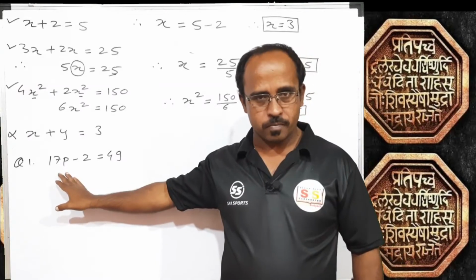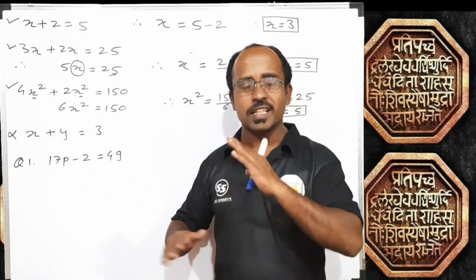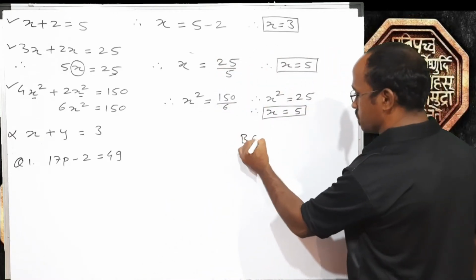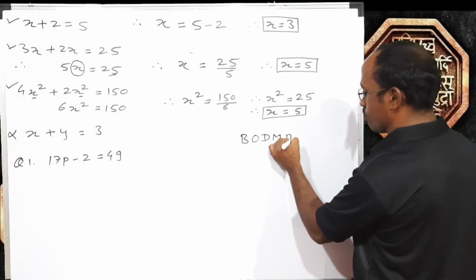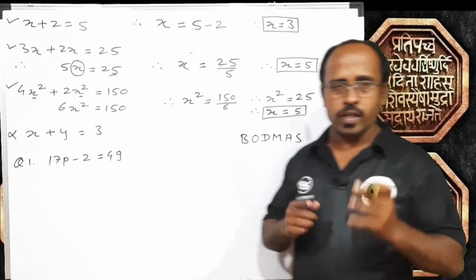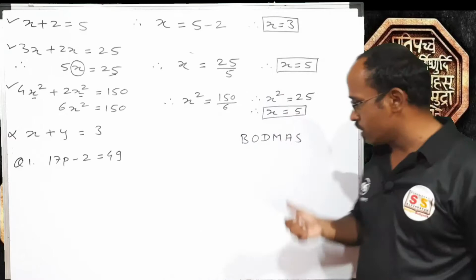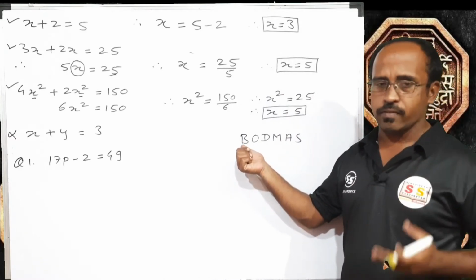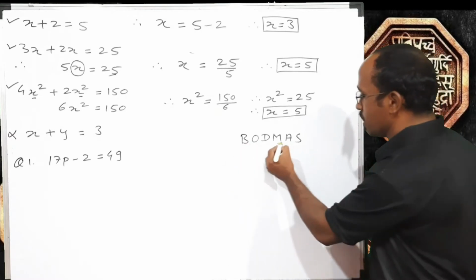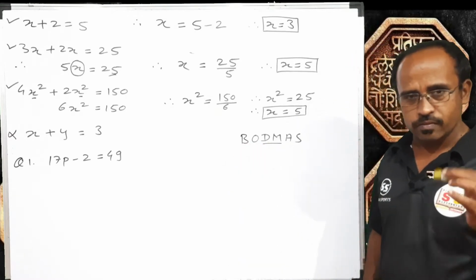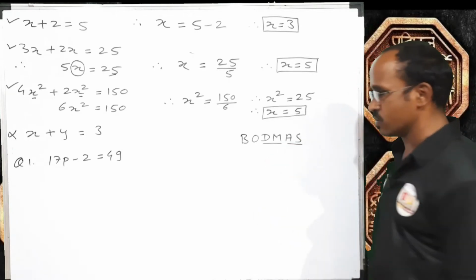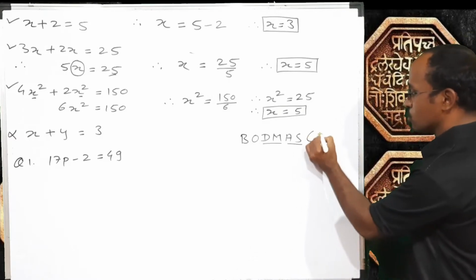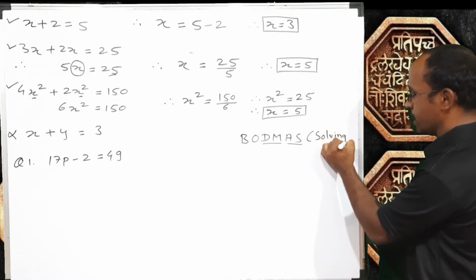So please remember one more thing. While changing the side, we should act opposite to the BODMAS. While solving any kind of expression, what are we doing? We are solving them according to BODMAS. Whatever is the bracket that we are solving first, then orders, then among division and multiplication, whatever is first, that we are solving, then among addition and subtraction, whatever is first, that we are solving. Okay, that is the case while solving the problem, right?